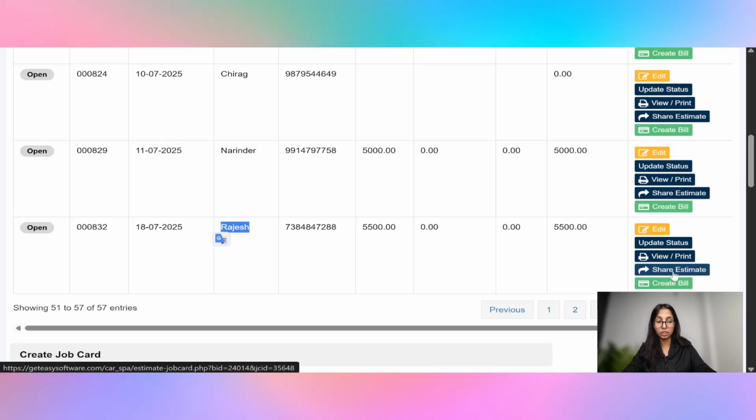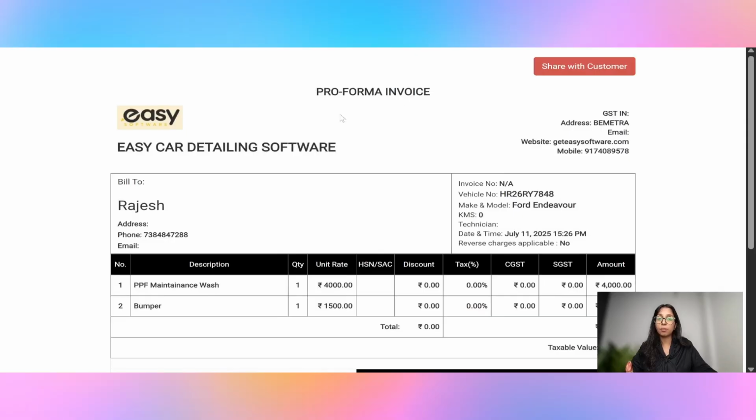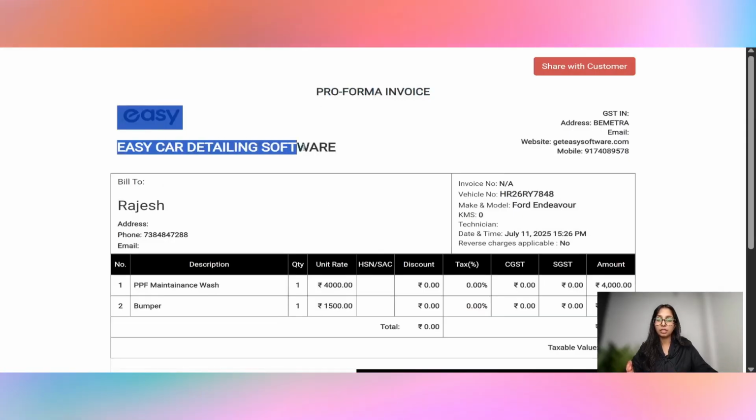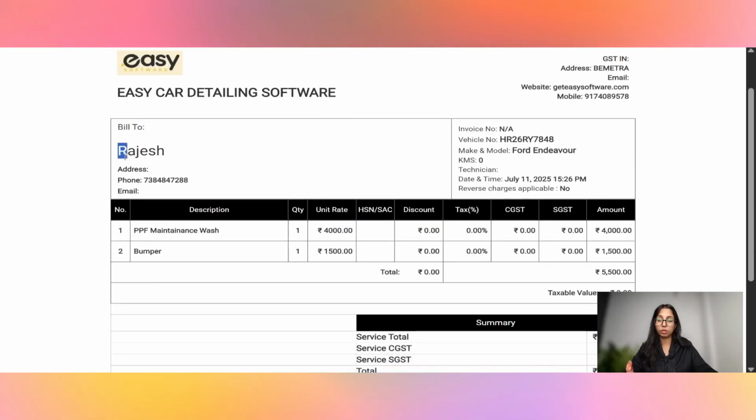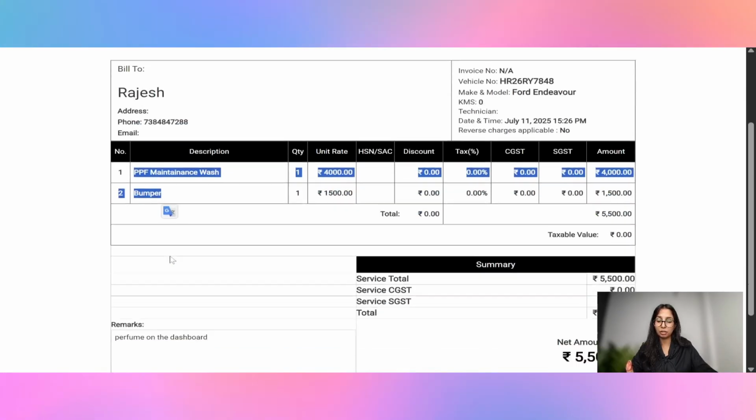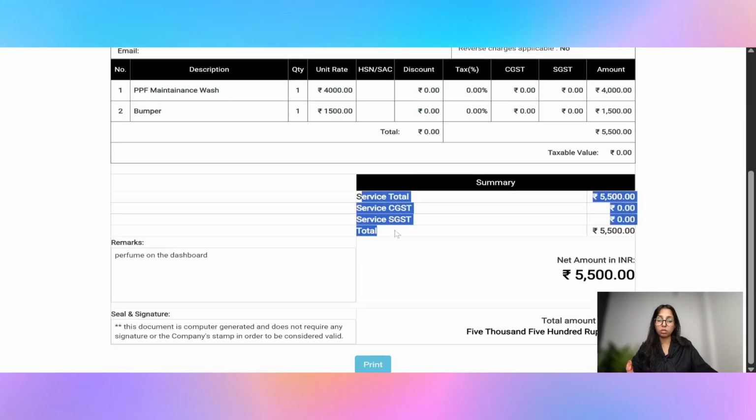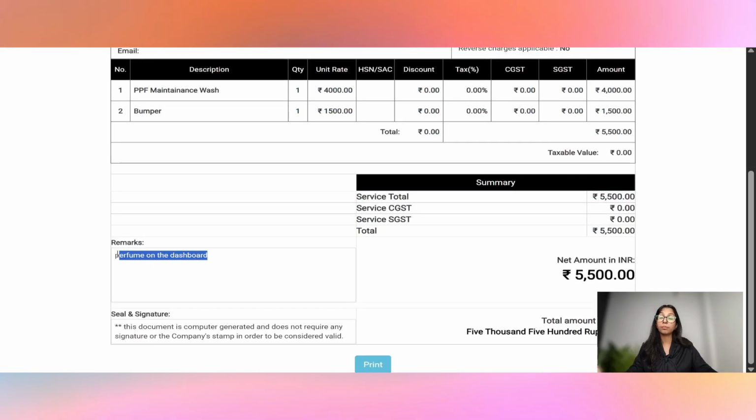The most useful is the share estimate, which plays the heart role of the software, or you can say in the workshops. So here you can see a pro forma invoice will be given to you, right? Here your company's details and the logo would be there. Here would be your client's details, what the services are, what the total or expected amount is, and here would be your add-ons, what extra he asks for.